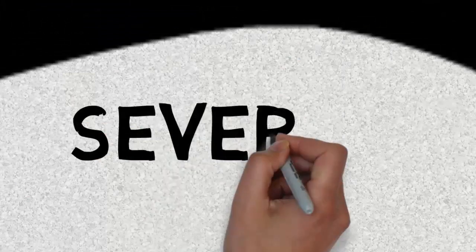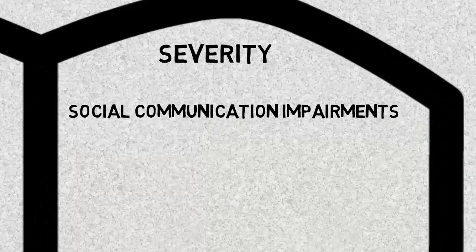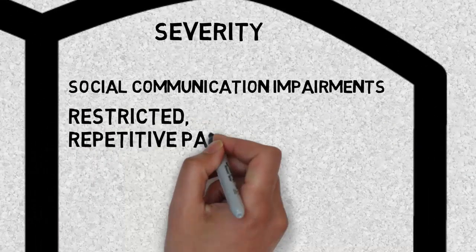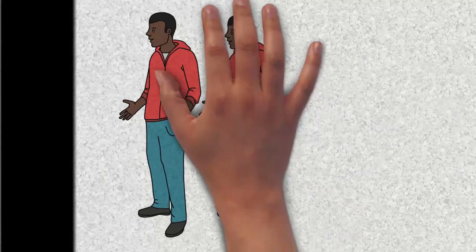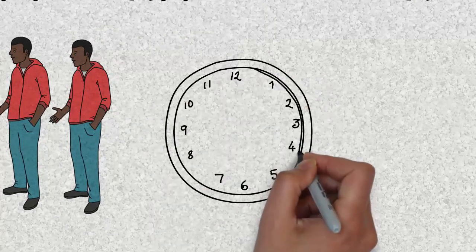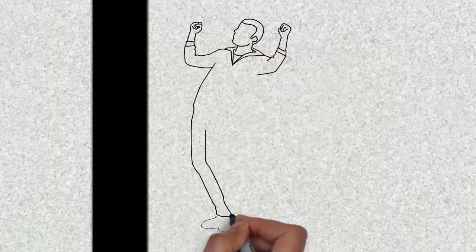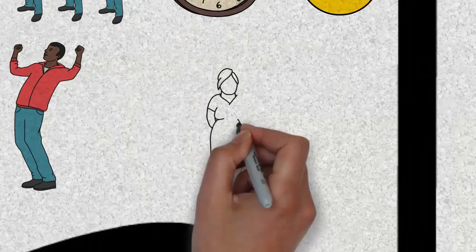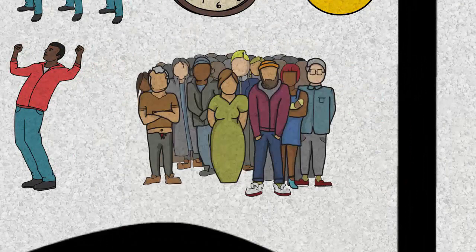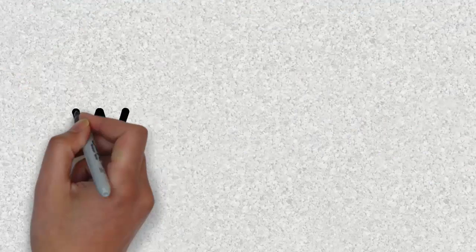The severity of this disorder might depend on social communication impairments and restricted, repetitive patterns of behaviors. They repeat behaviors over and over again, and they also show fixation to some pattern, and they feel happy if they are engaged in some repetitive patterns. They are hyper- or hypo-reactive to sensory inputs. And they also have some strengths and some weaknesses in their daily life.